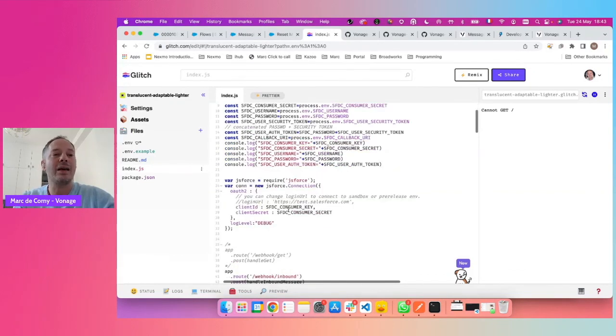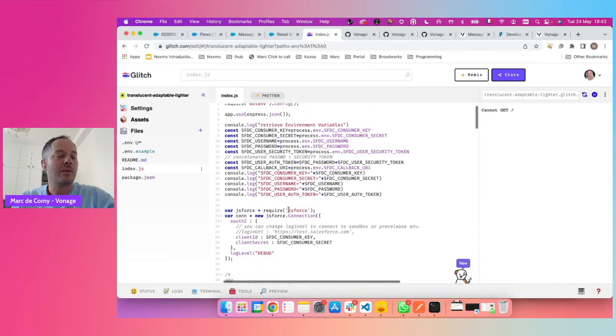Remember, this can be hosted in a typical hosted environment like Glitch, but it can also be hosted in your infrastructure, or we have a serverless infrastructure that I recommend you have a look at. It's very, very good. This is more visual, which is why I've chosen this today. But in a production environment, I would recommend ours, which allows you to host this on our own environment with a